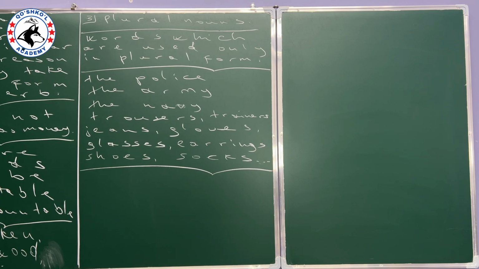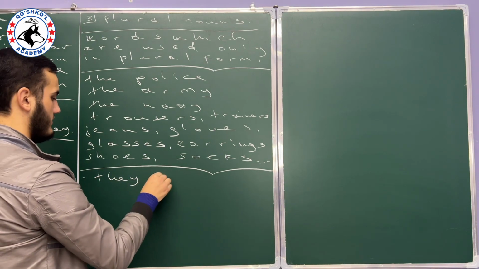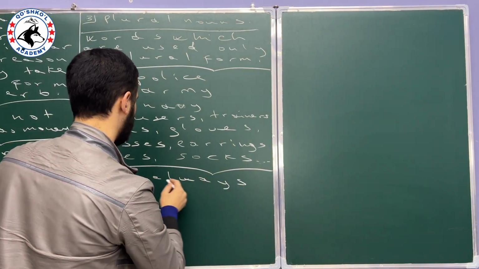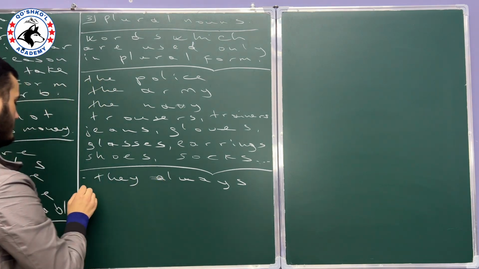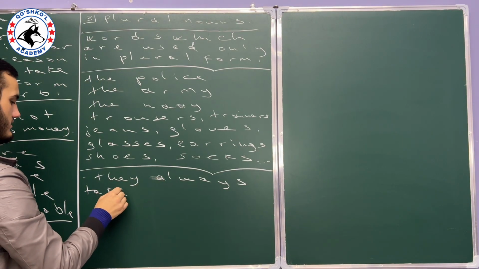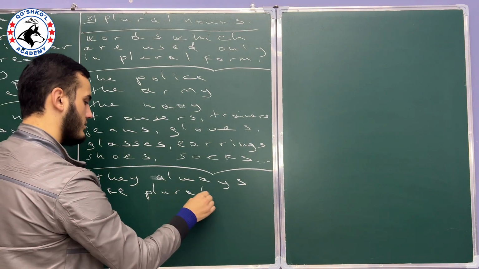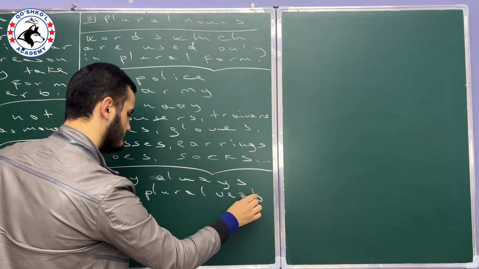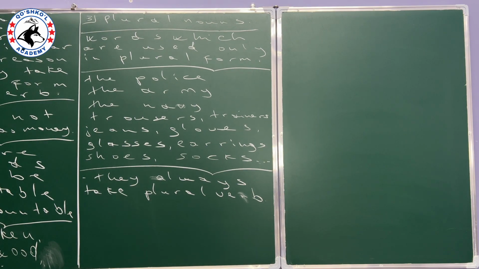Fingers. There is one rule, ladies and gentlemen. They always come with plural form, not singular. They always take plural words like are, have, do, and others. For instance,